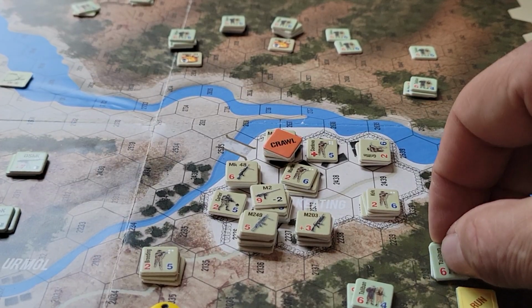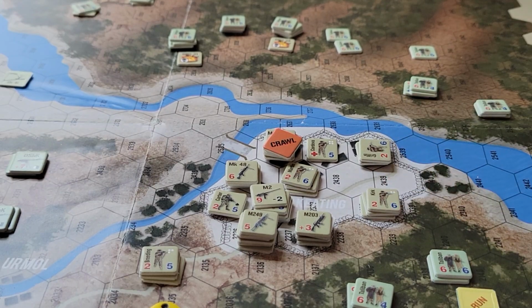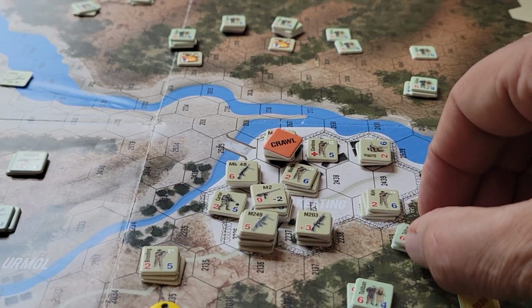He gets 2 dice bonus for being in the woods, so that drops us down to 0 dice, which means he can't shoot. Now, if he moves adjacent, which he would at some point to try and get into close combat, well, of course, he is going to then,